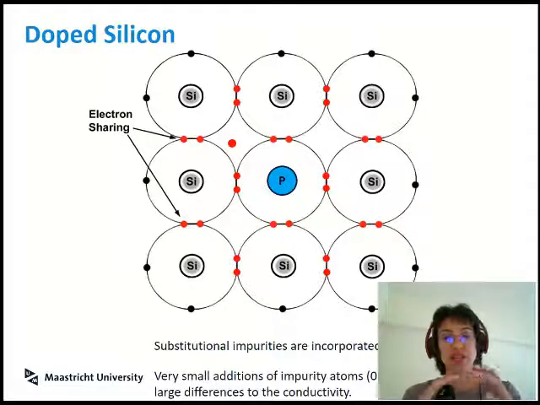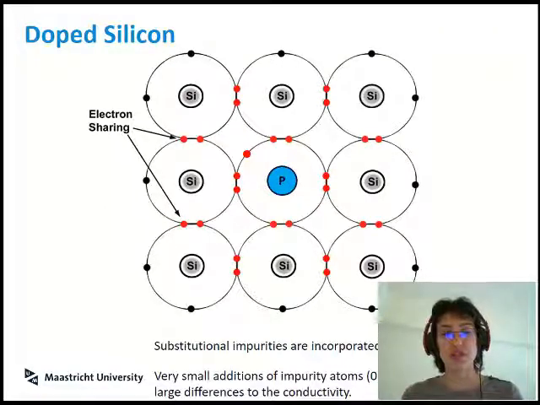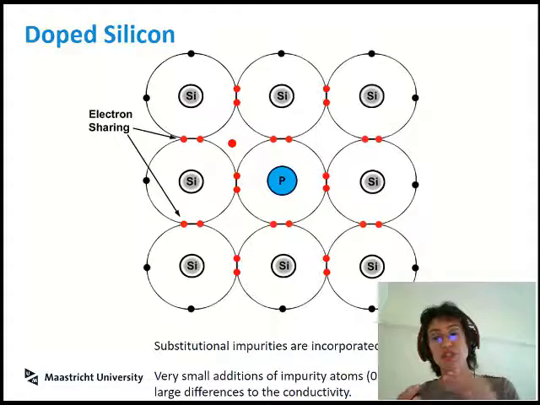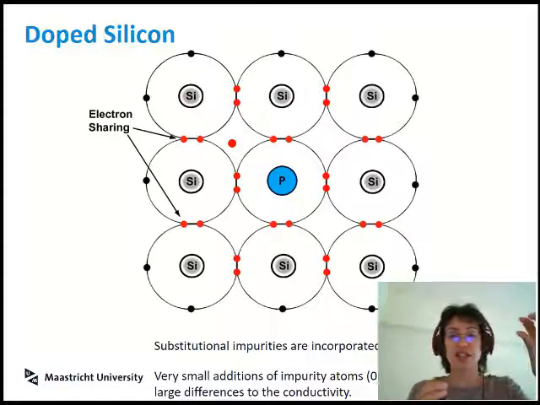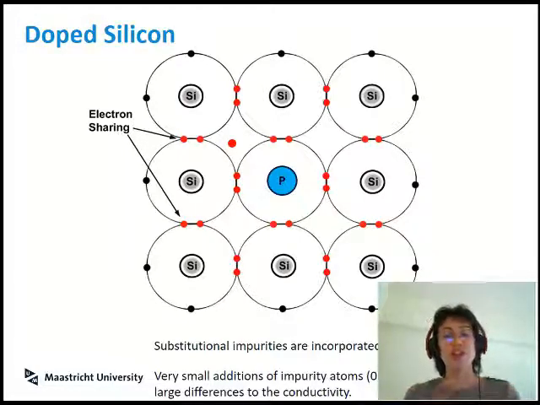So you can see here the phosphorus, in this point, the extra electron is still in the outer orbital of the phosphorus. You add a little bit of energy and the phosphorus atom becomes ionized, right? Because that has a net positive charge because it's lost its electron that moves into the material that has the negative charge. So the material is always charge neutral, but in the case where you add something from group 5,